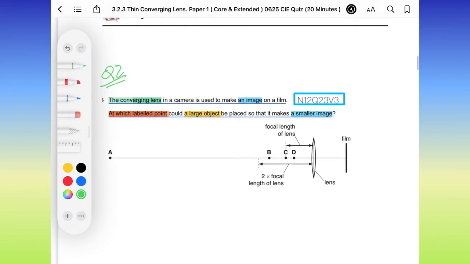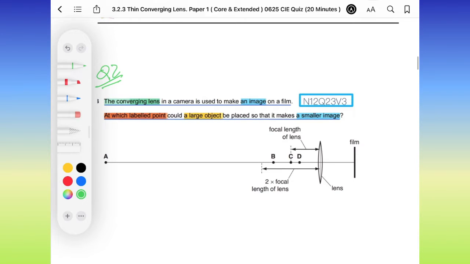Okay, question 2, we have here a converging lens in a camera used to make an image on a film. At which labeled point could a large object be placed so the image will be smaller? The image will be smaller, it means the position of the object should be far away from the lens. As we said earlier, as we move the object towards the lens, what happens? Images get larger. So I will write it again here as